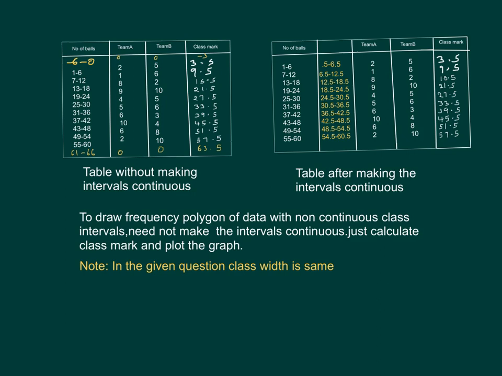Also, we should note that in the given question, class width was same for all the class intervals. Now it's time to plot the graph. We can use any one of the table. Let us use the first one. Our data ranges from -3 to 63.5 and most of the entries have decimals in them. So firstly we should decide the scale on the x-axis as we are going to plot class marks on the x-axis. Let us take 1 centimeter equal to 5 units on x-axis